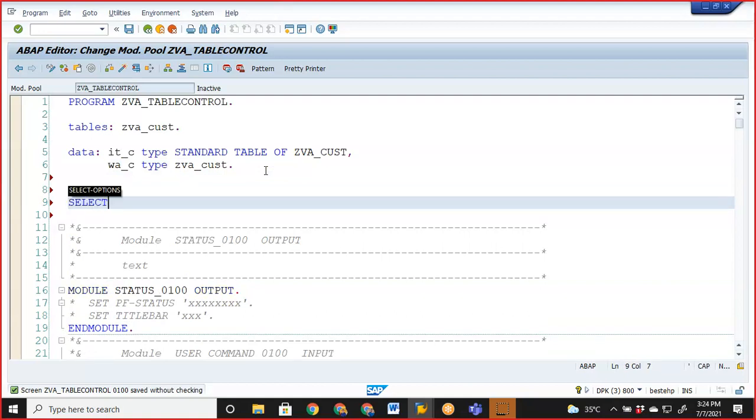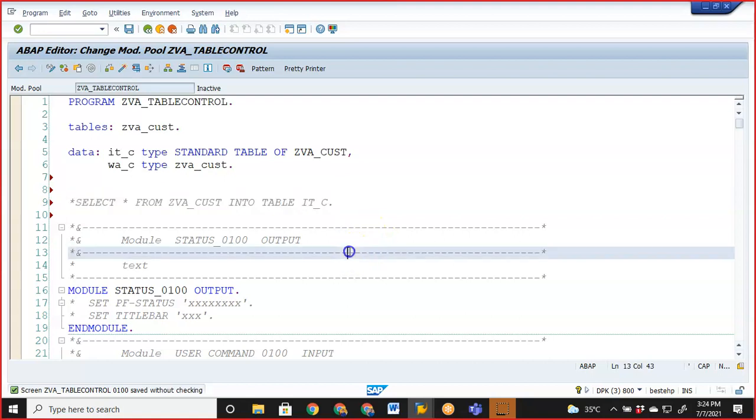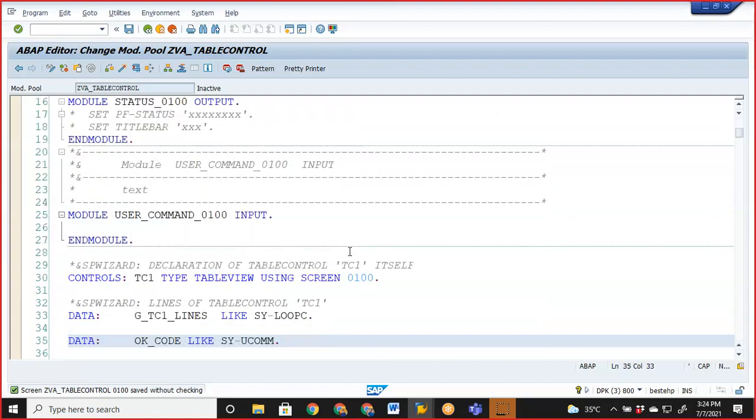So select star from ZVA underscore cust into table IT underscore C. Control C. Okay. Go for this one.